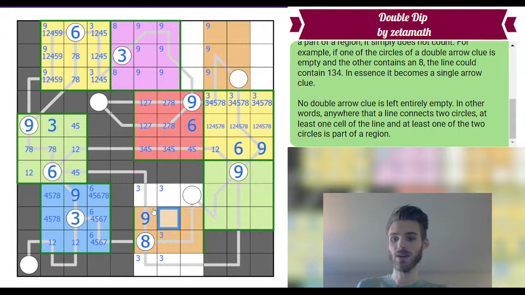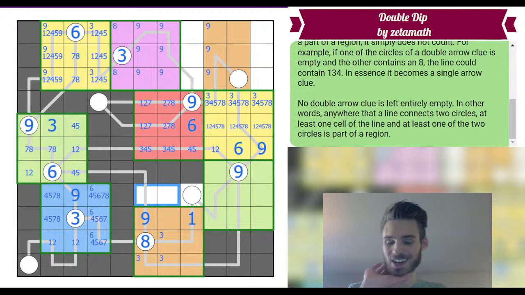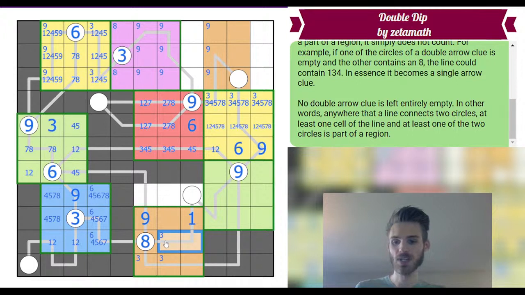I think the reason was, this has to go down now because there's no way that these two are going to be 8, 9. Right, and that's why it has to go down. So this one has to be a 1. This one has to be a 1. And these two have to add up to 7, which have to be 3, 4, which has to go like this. So that's a 5,